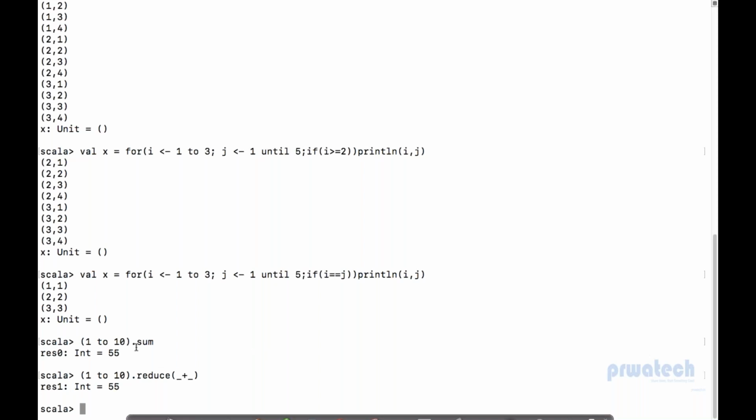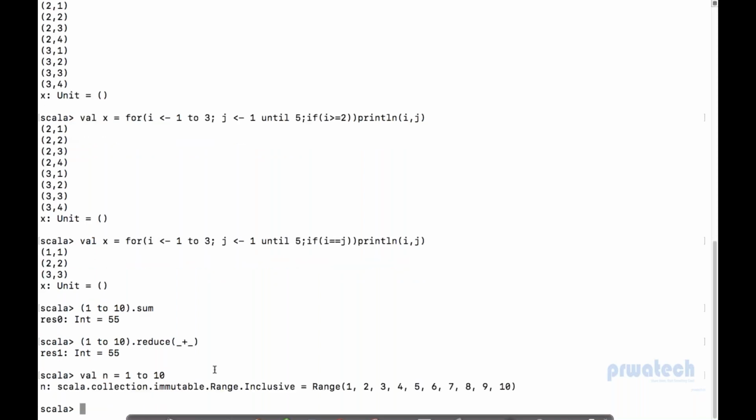But if I want to prove this using some logic, I don't want to use the ready-made function, I want to use some logic. So I will do this. I'll create n is equal to 1 to 10. This will create me a range of 10. And then s1 is equal to 1 to 10. I will create one counter. Let me create a var counter. I'll say this is sum, this is 0,